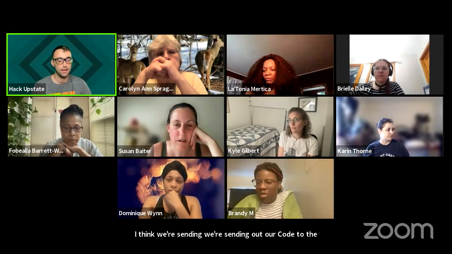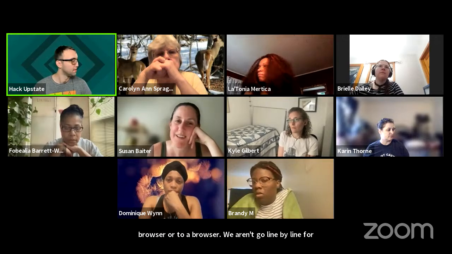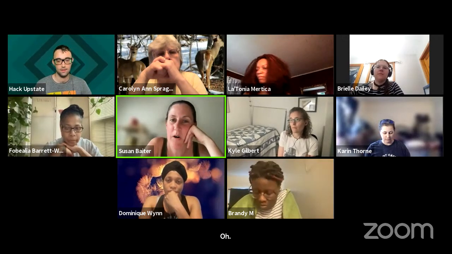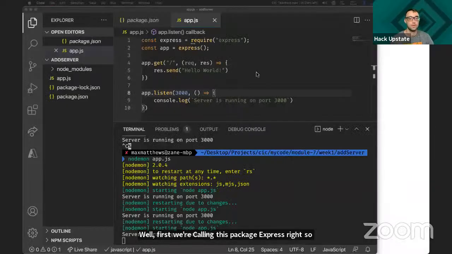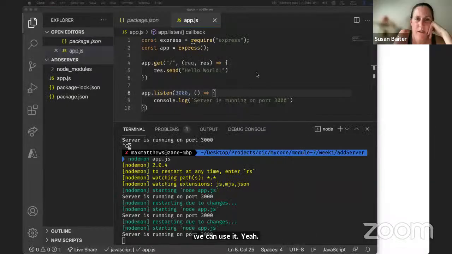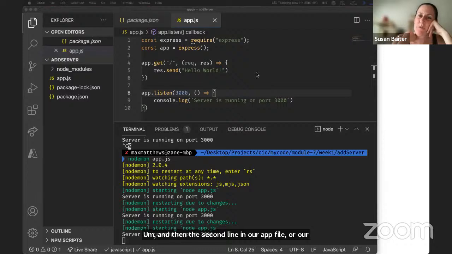We are. Go line by line for me. Oh, well, first we're calling this package express, right? So we can use it. Yep. And then the second line in our app file or our whole app, I guess we're using it with the parentheses to have it running.